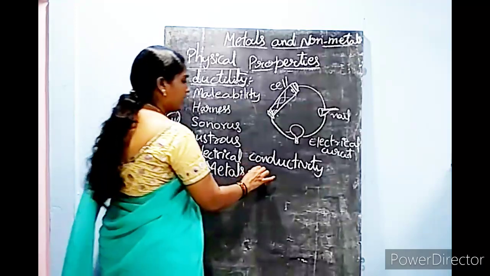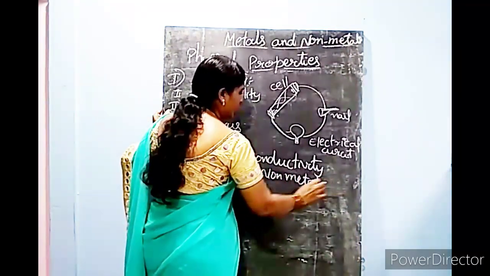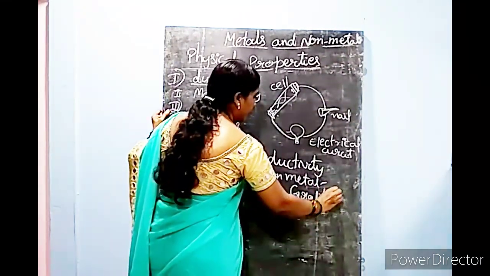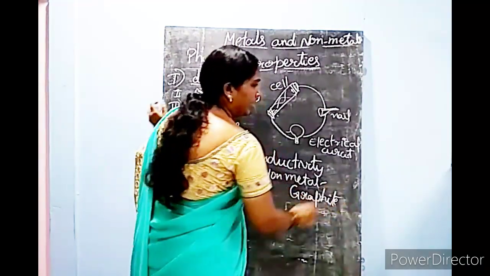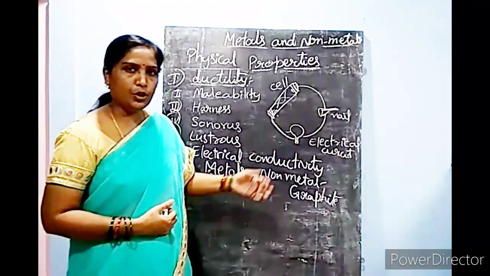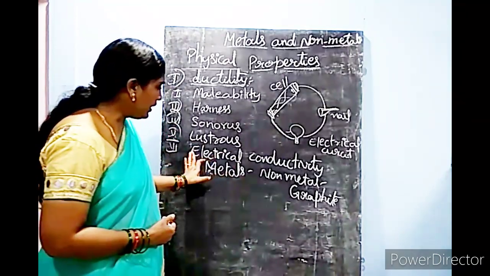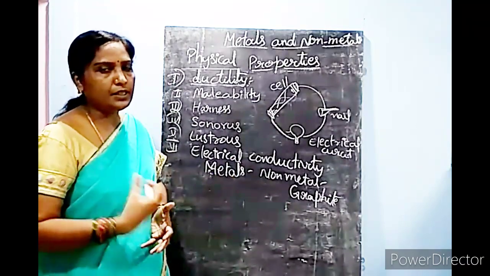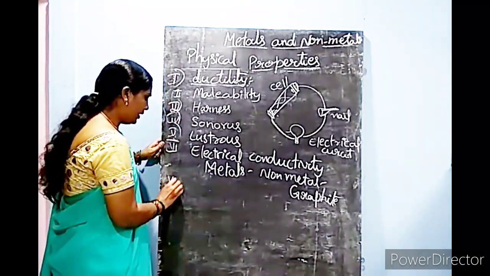In such a way, the non-metal graphite, which is a form of carbon, can pass the electricity. It acts as an electric conductor, even though it is a non-metal, but it is an exception case. So this is one of the properties of metals, electrical conductivity. They pass the electricity through them. And then the last property,